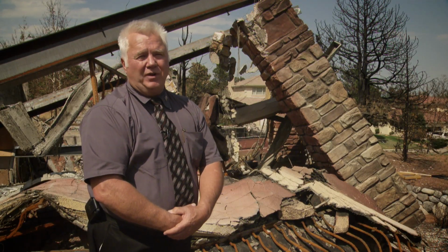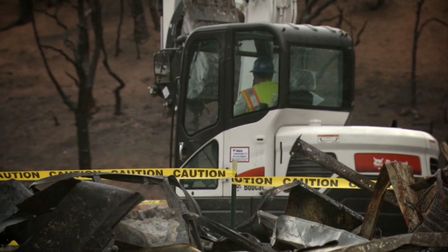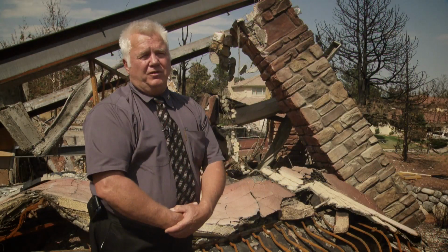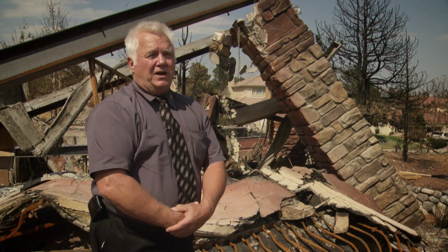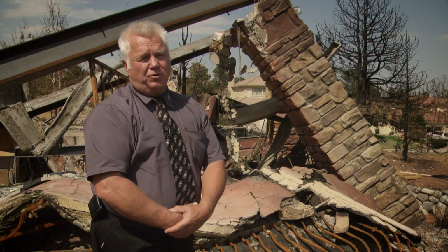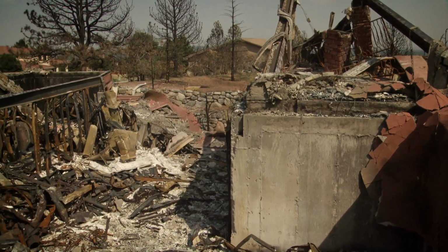As you can see behind me, removing debris such as this is going to take heavy equipment and special equipment, and usually homeowners just do not have that type of facilities available to them. If you get involved with a non-licensed contractor and you pull the permit, then you're responsible for not only the debris removal, but the correct transporting of it,